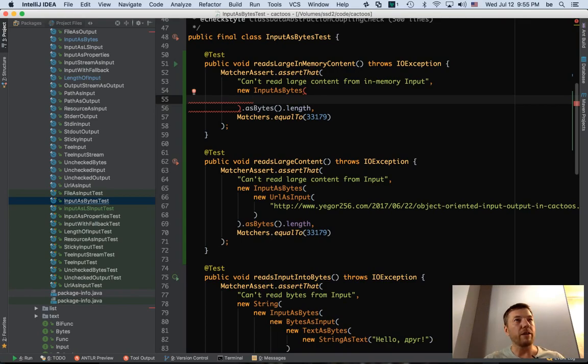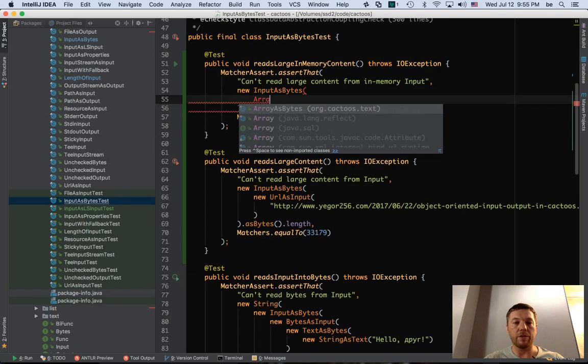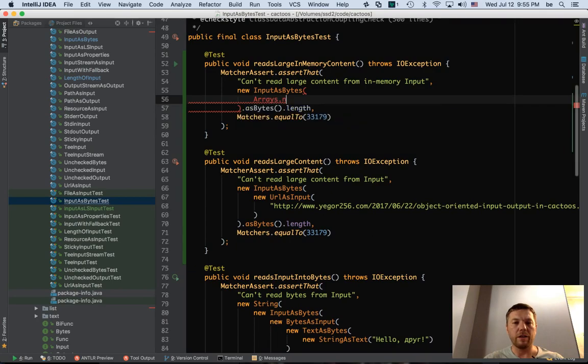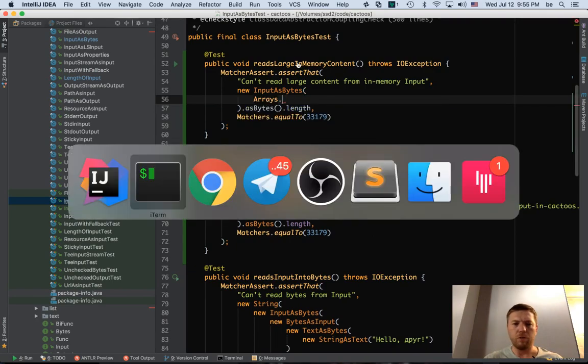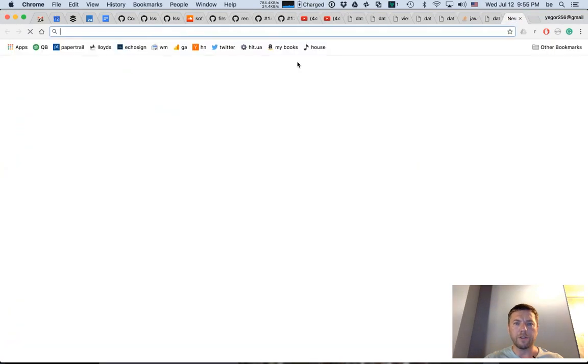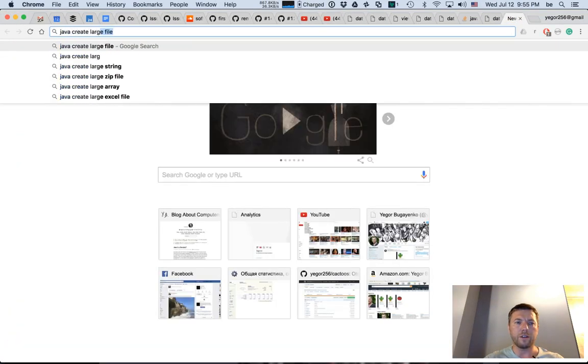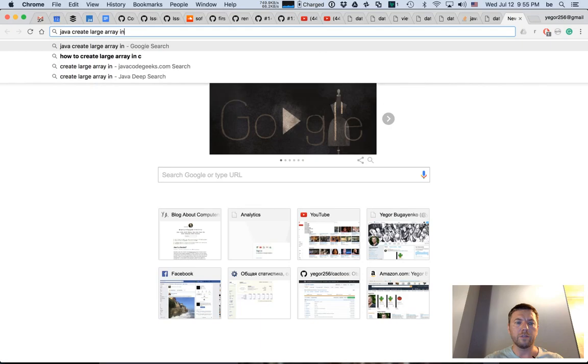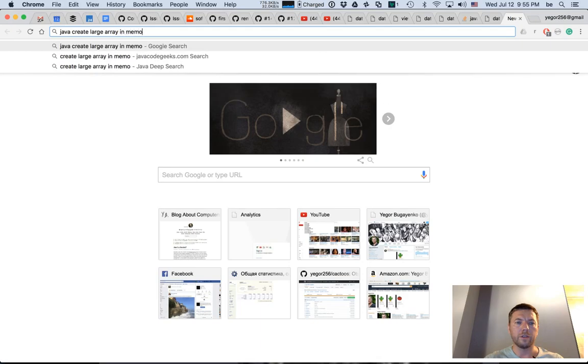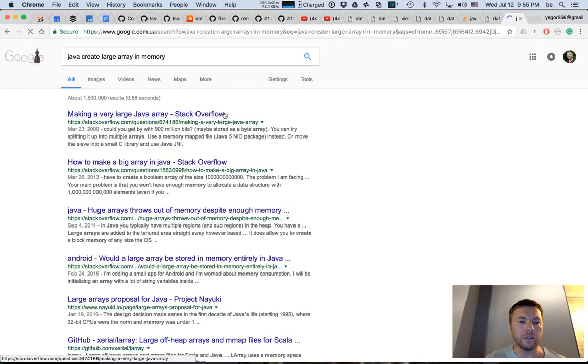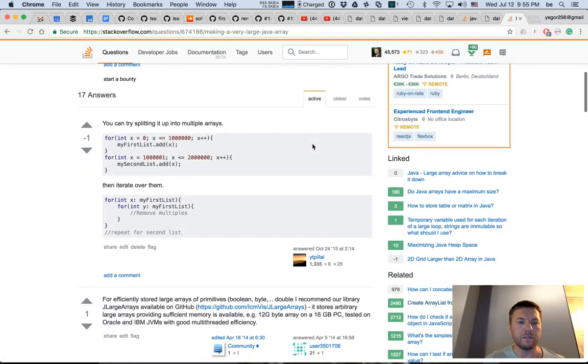So here, instead of that, how do I create a huge array in memory? I think it's arrays, and how do I make a big, huge array in memory? Java create large array in memory, with data. I mean, I need some data there, just for testing.